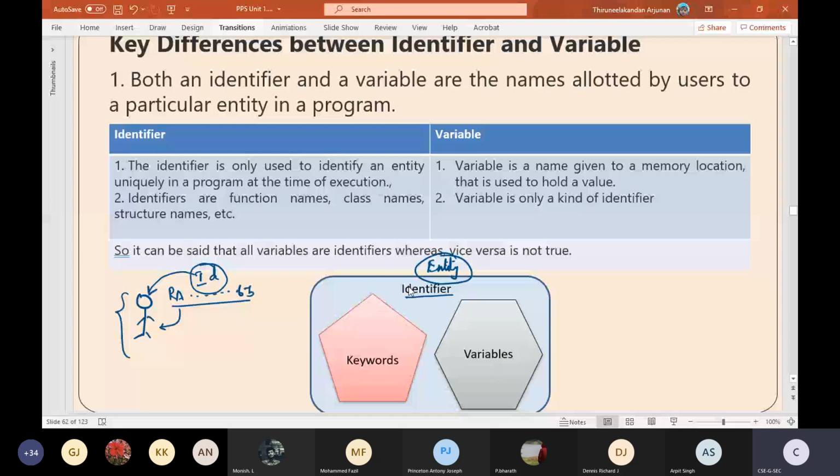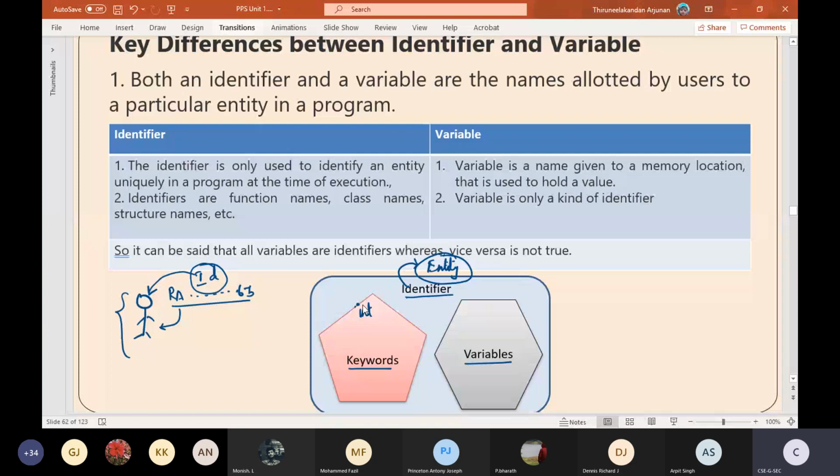Now this identifier includes many things in it. Two remarkably differentiable things are keywords and variables. In addition, we can also have constants, but we will take up only keywords and variables, so it becomes easy for us to grasp the meaning. Keywords: int is a keyword, char is a keyword, up to this we have seen.